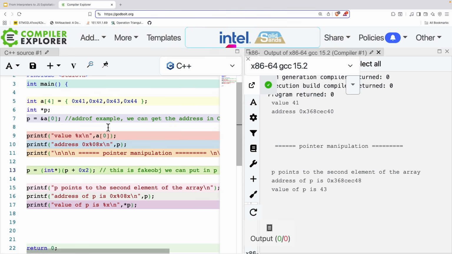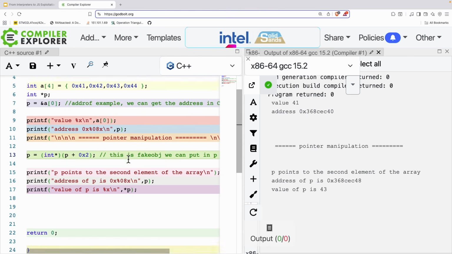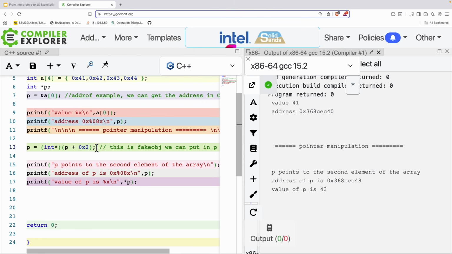I'm not saying this is a good idea, but since C is low level and exposes almost all the interfaces of the machine without a lot of control, you can do really a lot of stuff, and that is why I'm going to tell you how you really do a fake object, which is